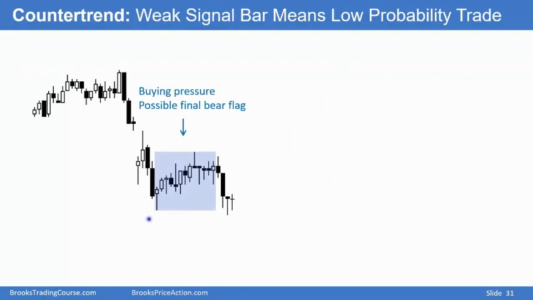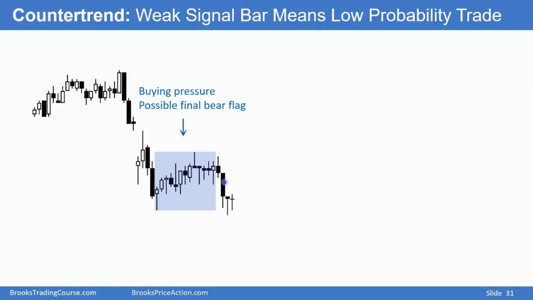Okay, we got a bear trend, and we have a tight trading range. A tight trading range late in a bear trend often becomes the final bear flag. Also, there's buying pressure. A tail, reversal up, a lot of bull bars in here. That increases the chances that a bear breakout will fail. And maybe this is the failed bear breakout, slightly lower low, major trend reversal, but only a doji buy signal